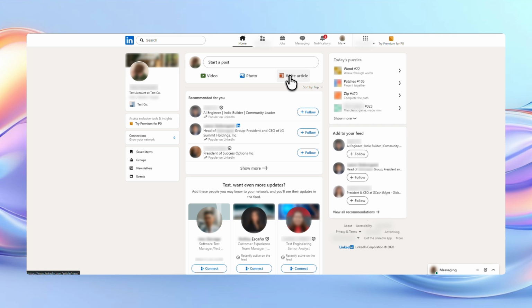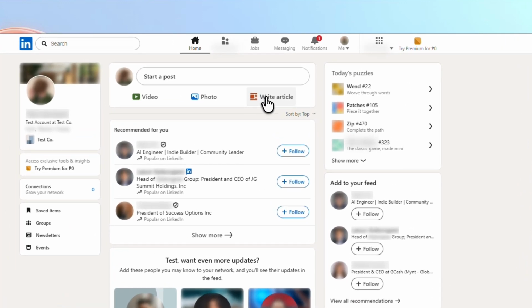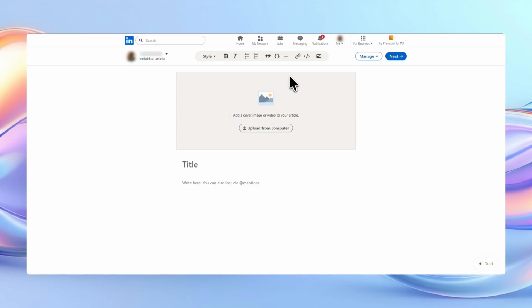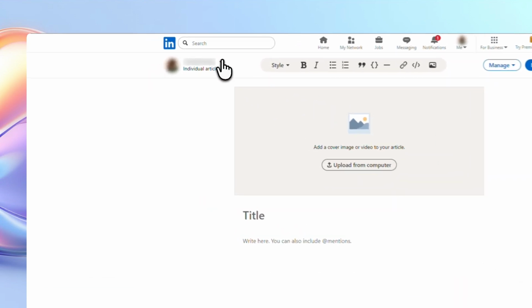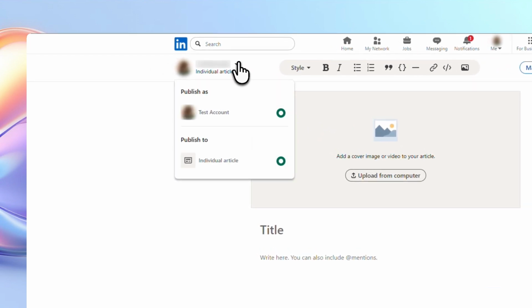This opens LinkedIn's article editor, which gives you a more professional long-form format than a standard post. If you manage a company page, take a moment to choose the correct account before you begin writing. In the top left corner, there's a drop-down menu where you can select whether you want to publish the article as yourself or on behalf of your company page. This is important because the article will appear under whichever profile or page you choose, so it's worth double-checking before